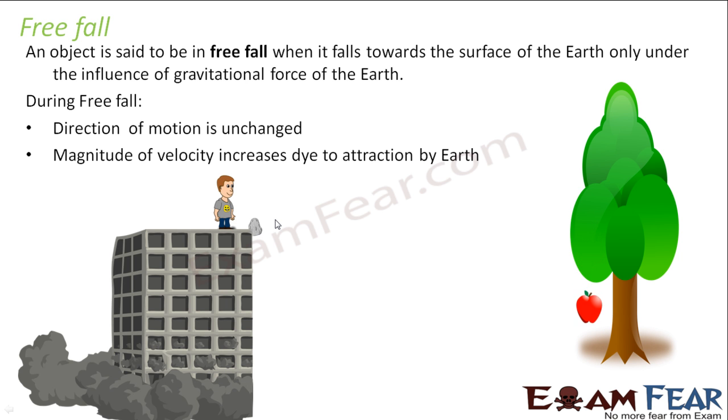So take the example of a person throwing a stone from the top of a multi-story building. There also the same thing happens. Once the stone is left from his hand, the stone directly goes off and falls to the ground. The only force acting on the stone is the gravitational pull. And because of the gravitational attraction, the velocity of the stone also keeps increasing. And since the velocity increases, that means there is a change in velocity with time. That means the object has an acceleration. So this acceleration is known as acceleration due to gravity.